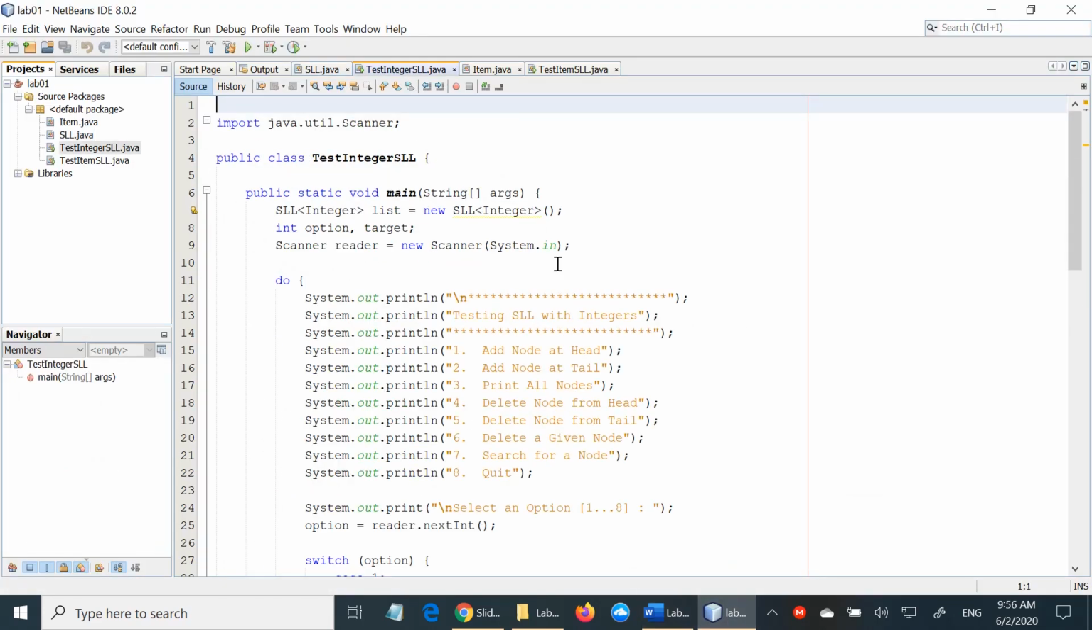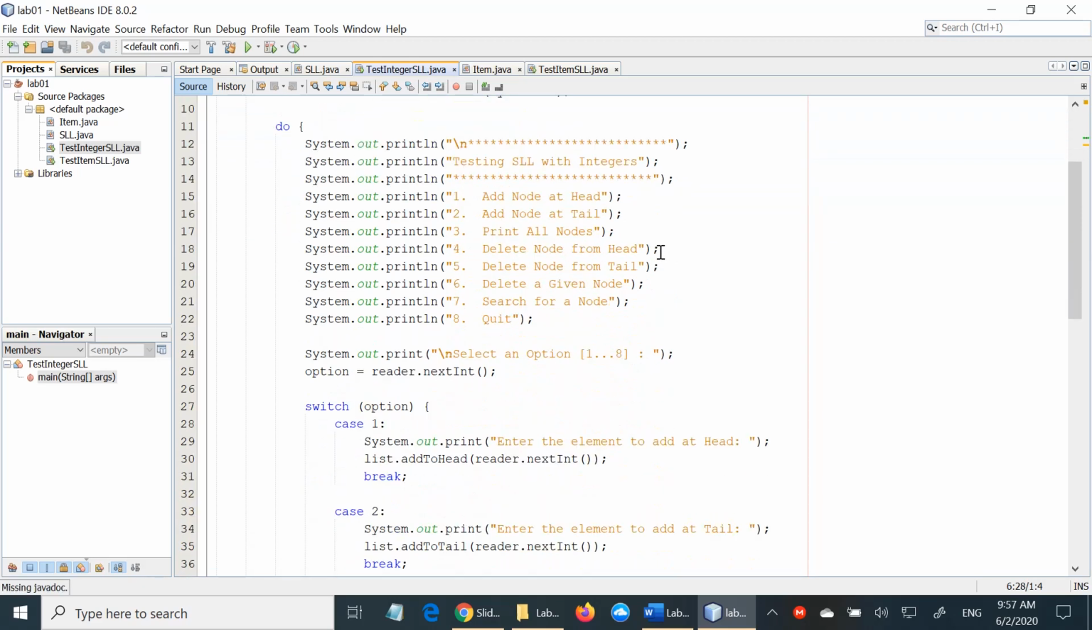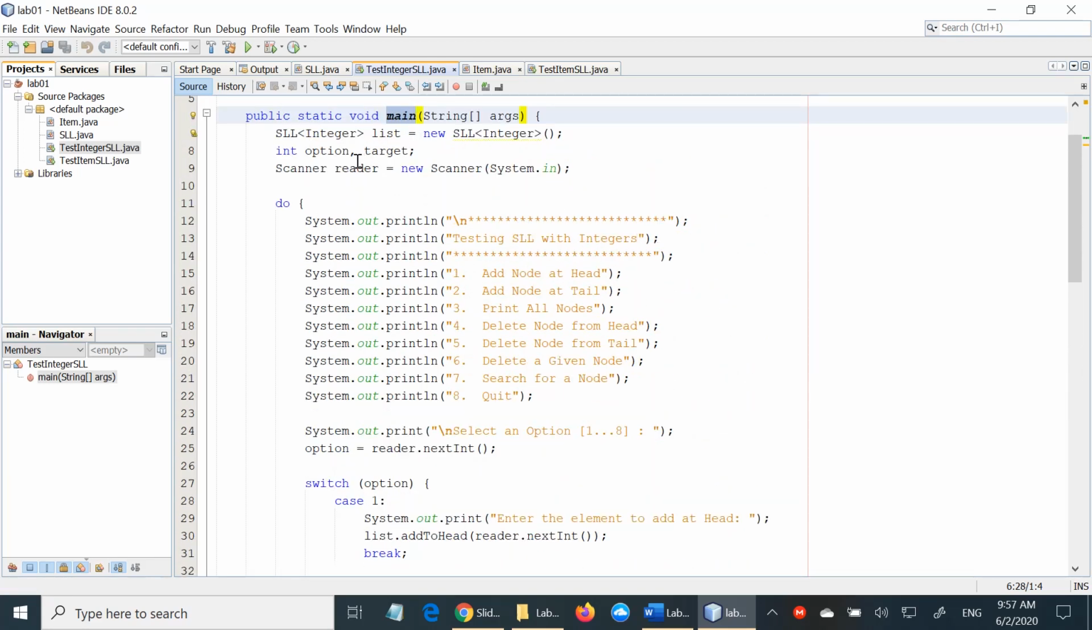So this is the test integer SLL. Okay, it's going to be reading input from the user, so that's why we are importing the scanner class here. Okay, but it has just the main method. As I told you, it is a main class, so it has a main method. And the first thing we do